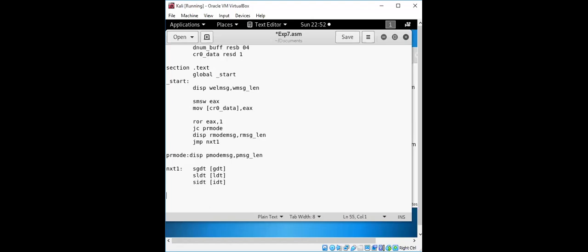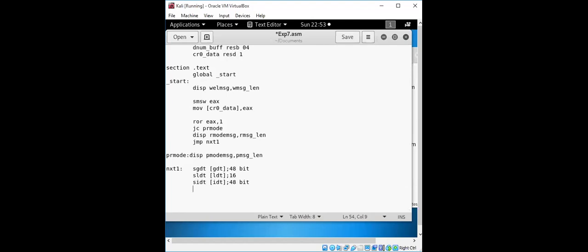For the global descriptor it will be taken as 48 bit, right? For this it will be taking 16 bit, and for this it will again be taking 48, right? So that is the limit and base. So that structure from the diagram which I have shown, we need to remember what value it will bring.